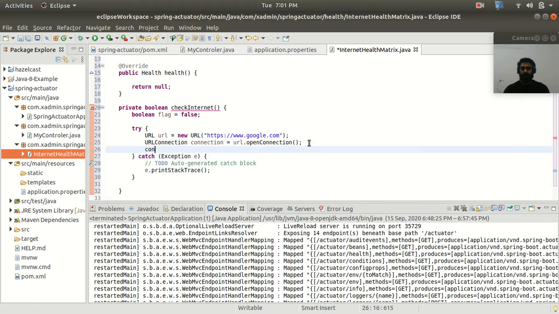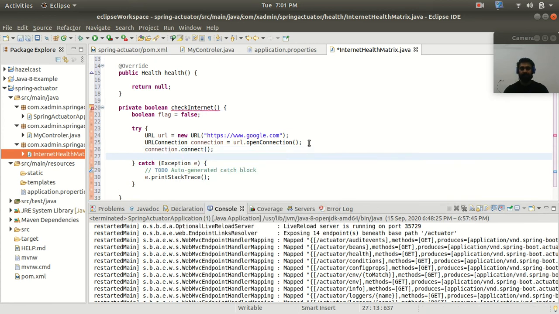All right. Now I am going to do connection dot connect method. So guys, it is going to connect our internet, and if my internet is working fine and it is connecting with www.google.com, then I will make my flag a true boolean.